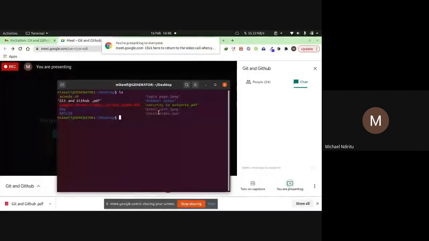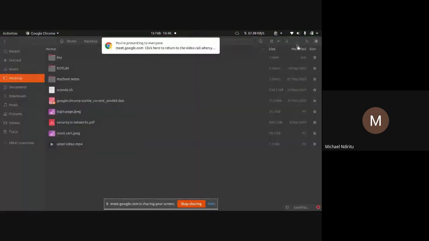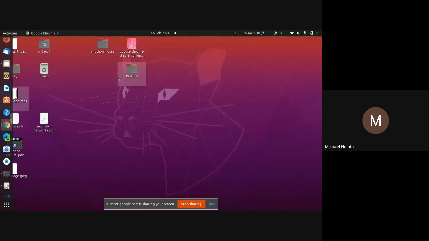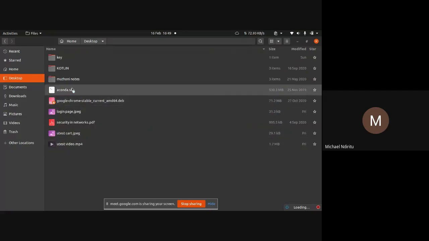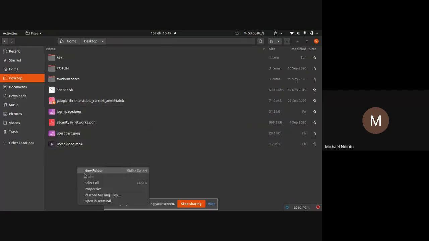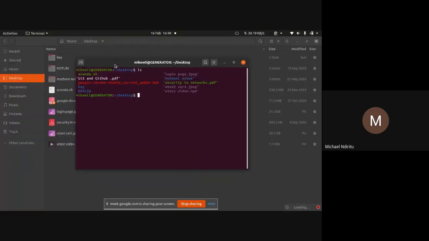Yes, now you can see it here. Okay, let me go back to the desktop so that you can see. Mine is on the desktop, so I'm just going to show the desktop in files. Here it is, anaconda.sh. That's how I've named mine. I'm opening in terminal, and to check the files, just type ls, and you can see it's here. It's available. So the next step is to install.